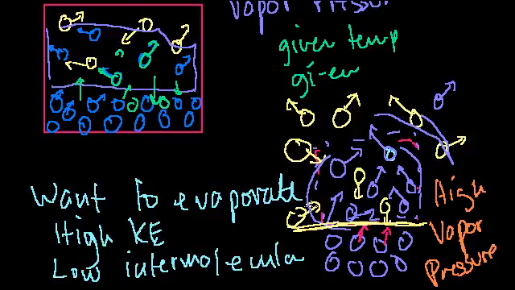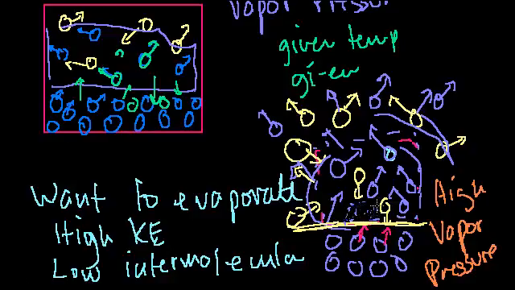But once that vapor pressure becomes equal to that atmospheric pressure, so it can press out with the same amount of force, or the force per area, then the molecules can start to escape. It can push the atmosphere back. And so you start having a gap here. You start having a vacuum. I don't want to use exactly a vacuum, but since the molecules escape, more and more of these molecules can start going out. And at that point, you've reached the boiling point of the substance, when the vapor pressure is equal to the atmospheric pressure.